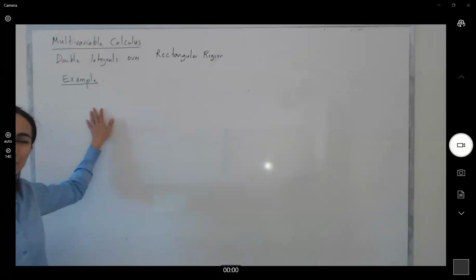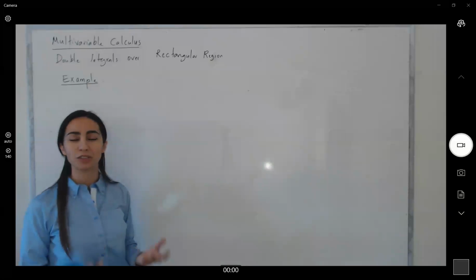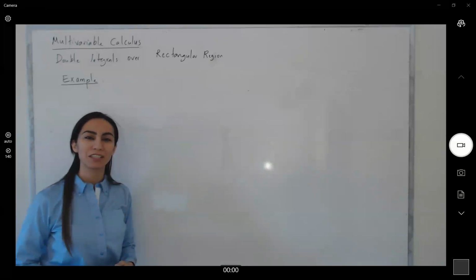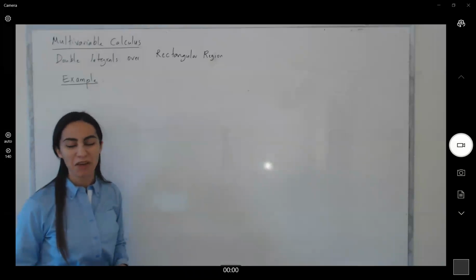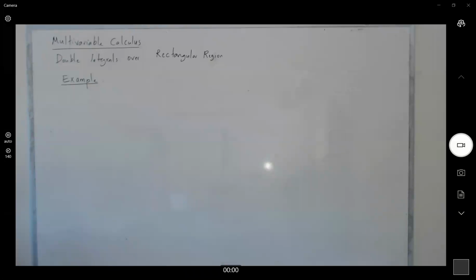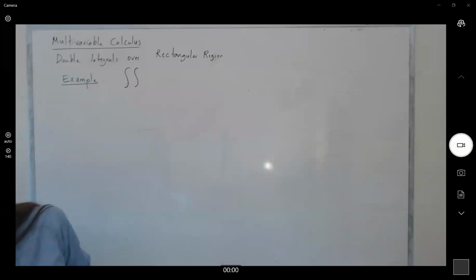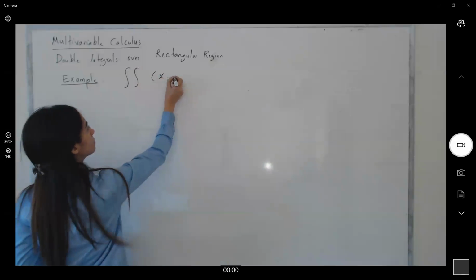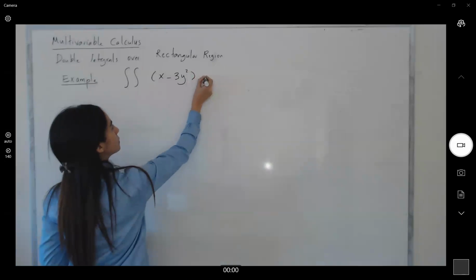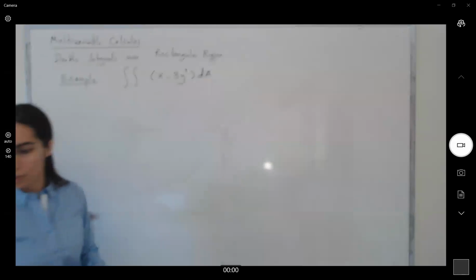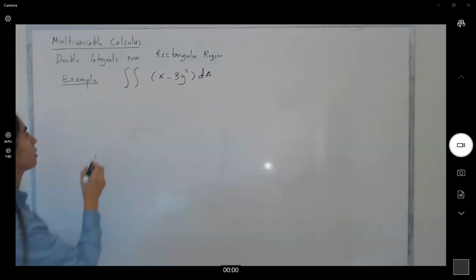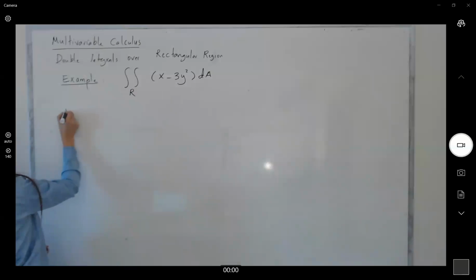Let's go over some examples to feel more comfortable taking double integrals, iterated integrals over a rectangular region. So in this example, we have: evaluate the double integral of x minus 3y squared dA over region R, which is given to us as